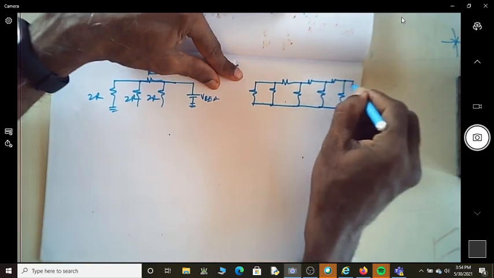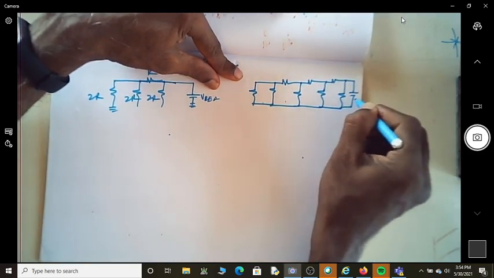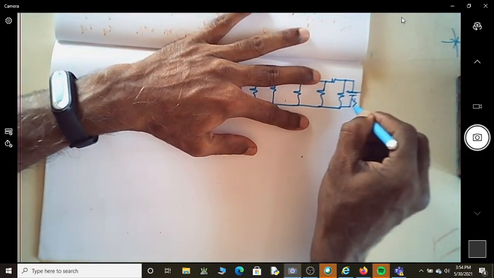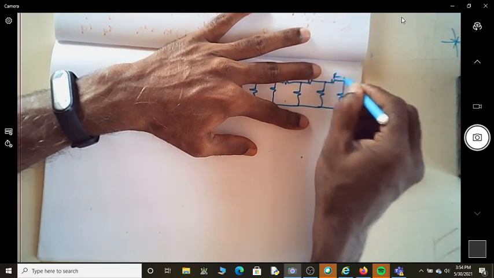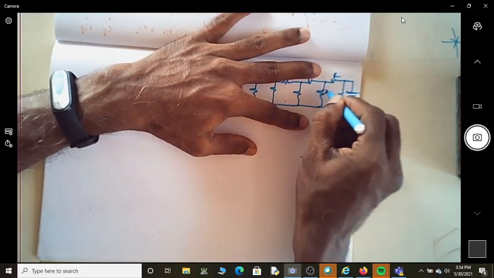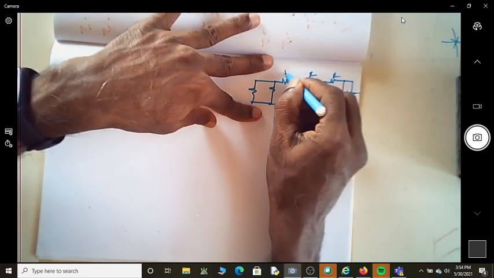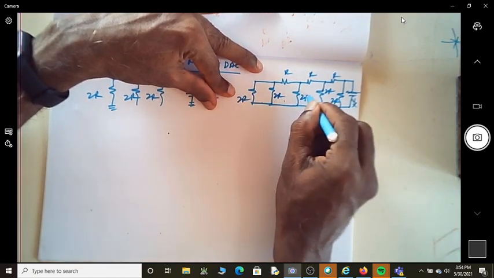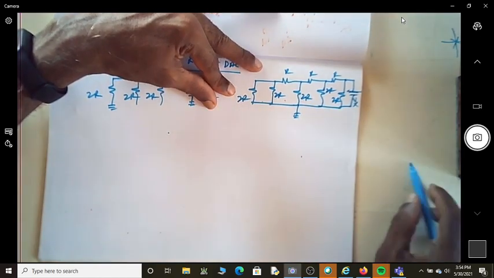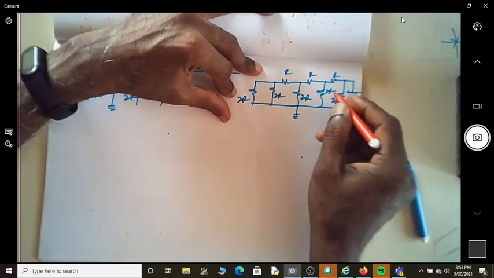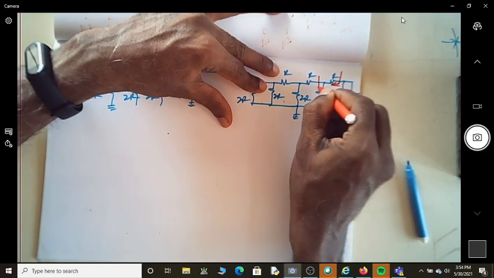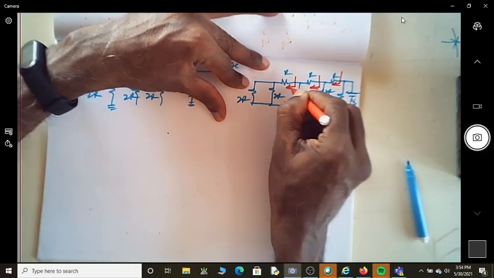So let me have this type of network. This is some Vx, this is R, this is 2R, again 2R, this is R, this is R, this is 2R, this is 2R, this is 2R, it's grounded. Suppose if you see from this side, if you see from here,